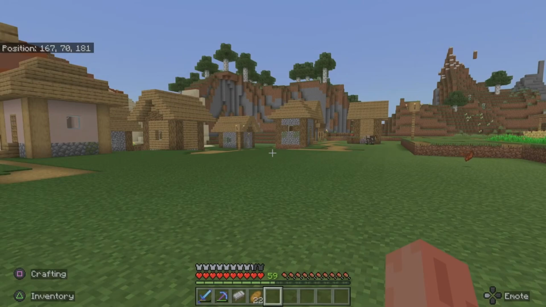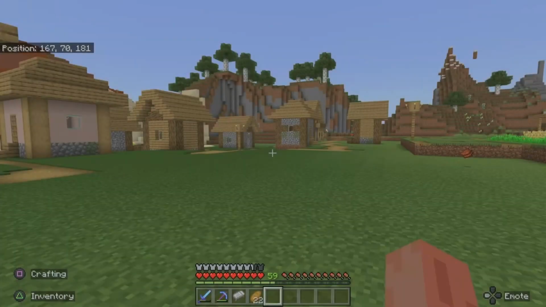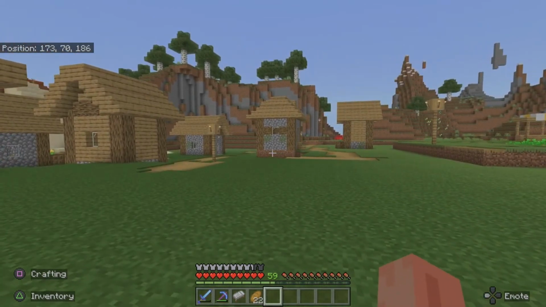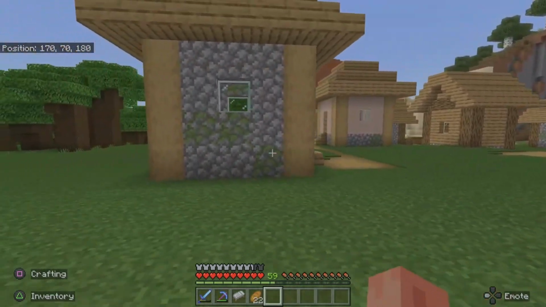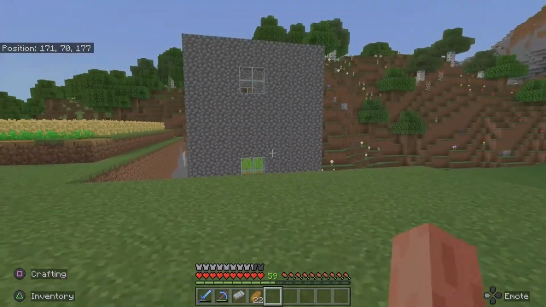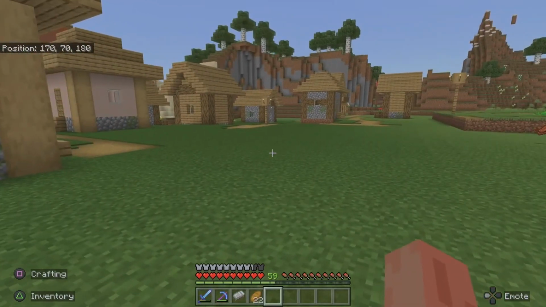basically you used to be able to disable autosave, so I could go fight the Wither, and if I died, there's no autosave, so I could just load my last save. I don't think they have that anymore, but this world's been through a lot. I played this a lot during 2018, and you'll see in a minute. I got a lot of memories on this one, and I guess